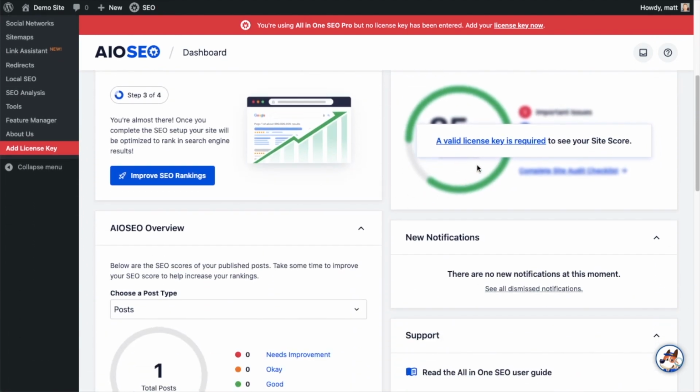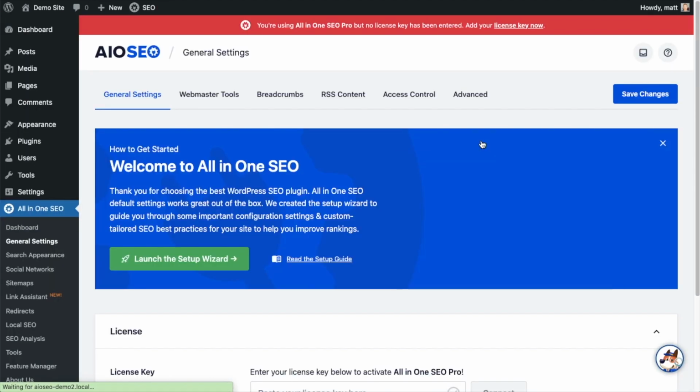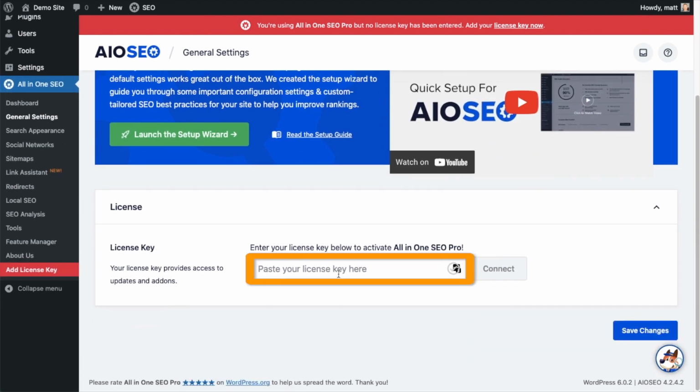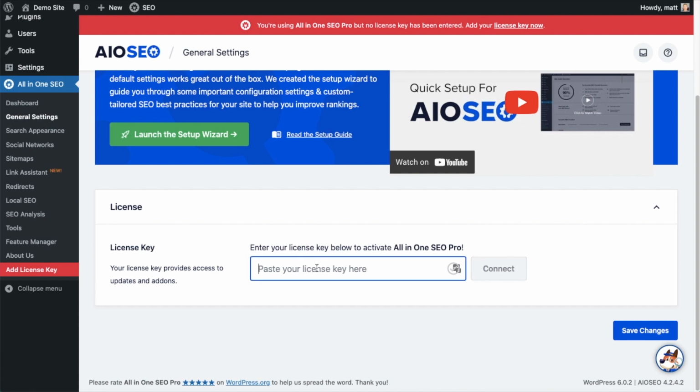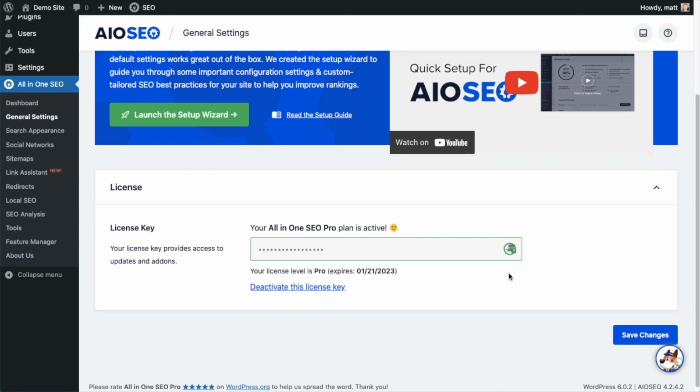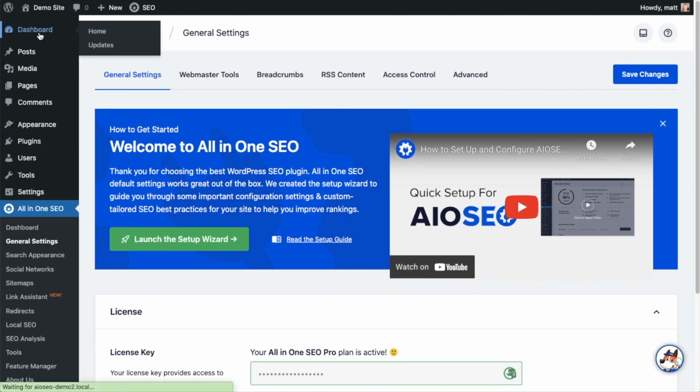And then if you scroll on down the page and click the link, there's a space for us to enter our All-in-One SEO Pro license key. Back on our AIOSEO account, which you can find at AIOSEO.com/account, make sure you're on the Downloads tab, and then next to where it says License Key, if you click on the icon, it will copy our All-in-One SEO Pro license key. And then we're going to paste the license key into the license key field, click Connect, and that's it. All-in-One SEO Pro is activated on this website. If you want to be doubly sure, you can go ahead and click the blue Save Changes button. And then we're going to scroll up and click on the dashboard link, just so we're all on the same